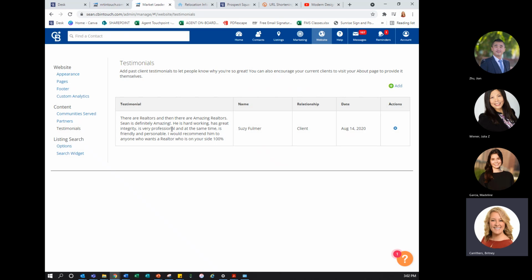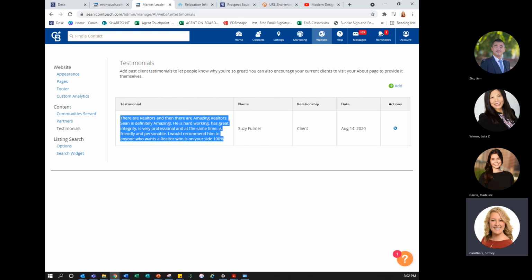So I just want to bring that to your attention because I'm seeing an error here that I'm going to have to come back and fix. What I'll do is copy this before I delete it and then add a new one with that in there. And why don't we just do that? So if you needed to make a change,